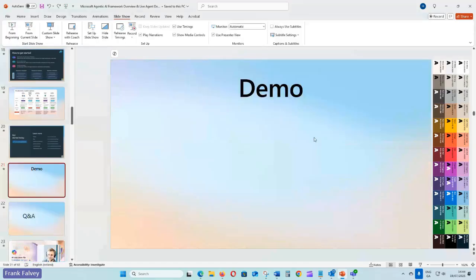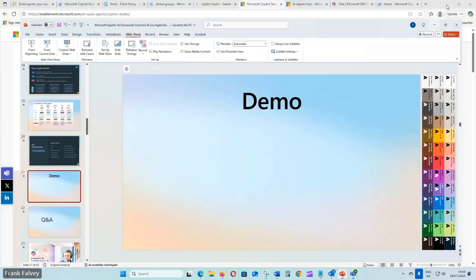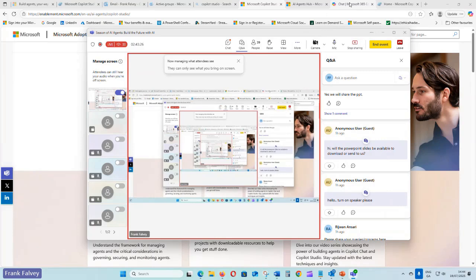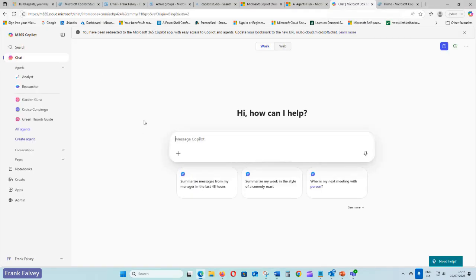So now I'm just going to switch to the demo, and we're going to start off with this one here. This is my M365. As you can see, this is M365 Copilot, and this is the one that Microsoft gave me for my MVP, some of the benefits you get from MVP.